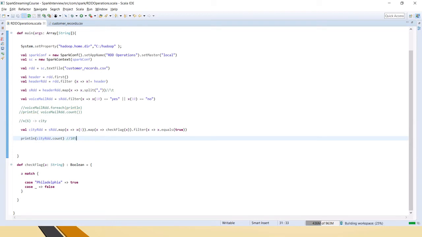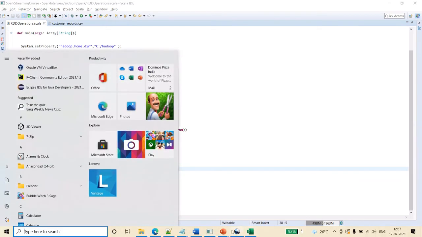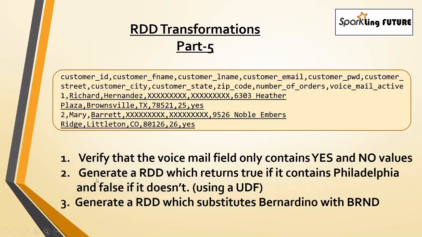In the Excel also we have seen, right, only that much it is giving when you filter in the Excel. So this is the way we can call a function in a map. Okay, and this is how we will do it. So we have answered the second question, friends.